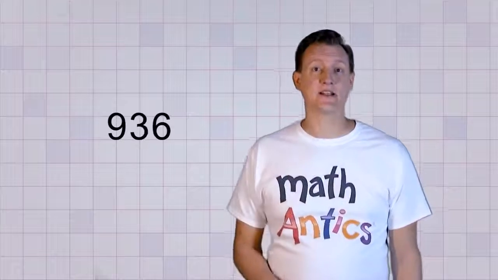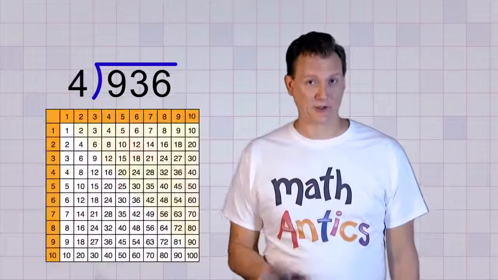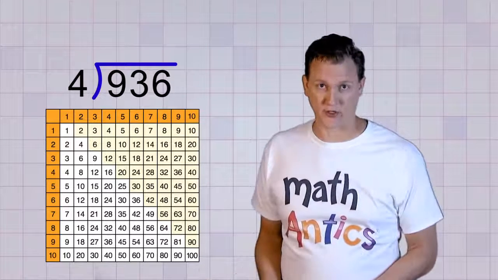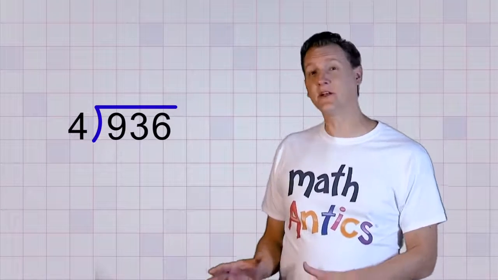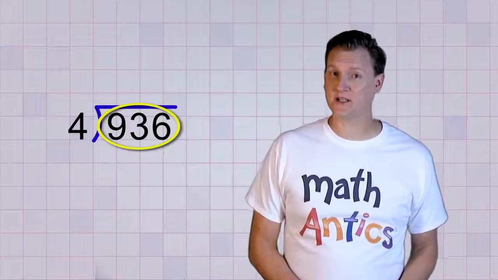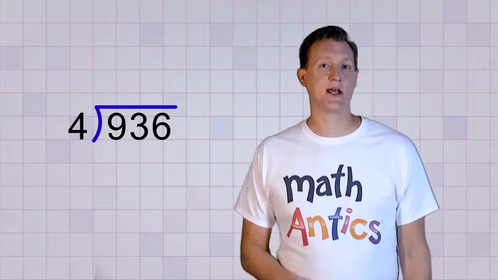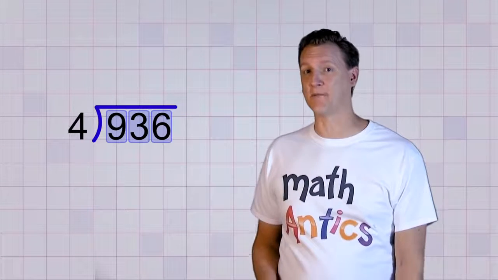But what if we have a division problem like this? 936 divided by 4. 936 is definitely not on our multiplication table. In fact, there's not anything even close to 936. So what do we do? Well, instead of trying to divide the entire 936 by 4 all at once, let's break this problem up into smaller steps by just trying to divide each digit by 4, one digit at a time,